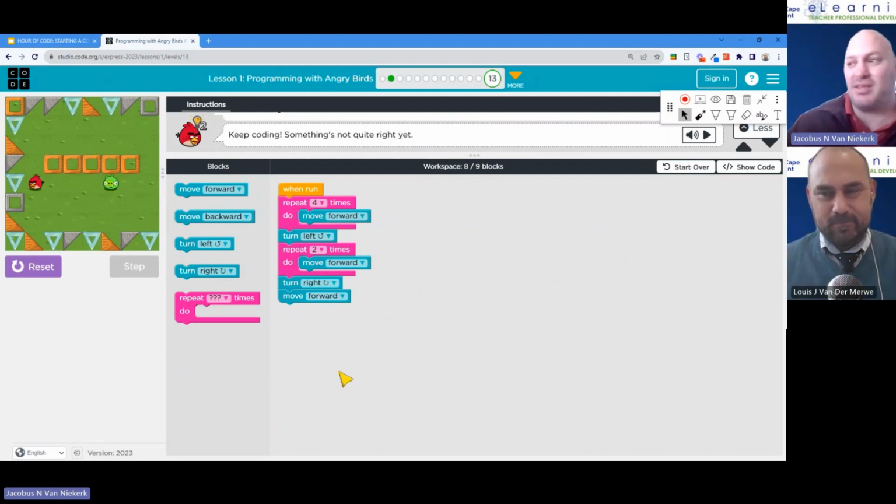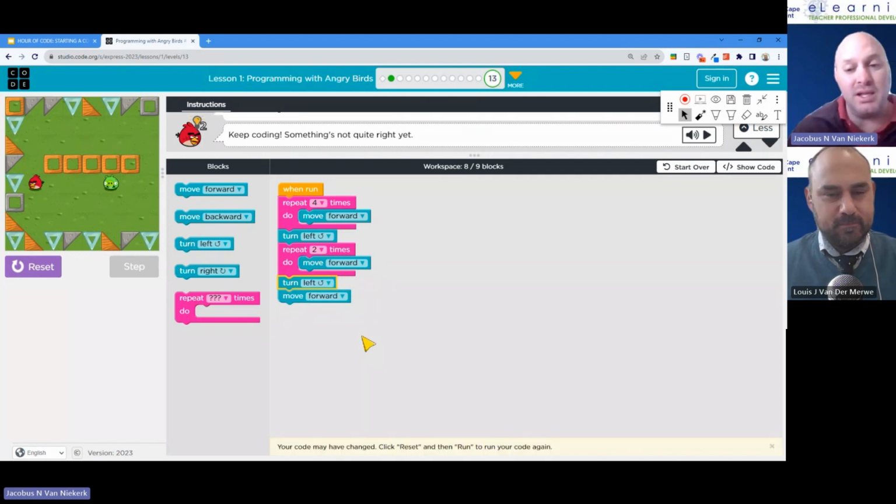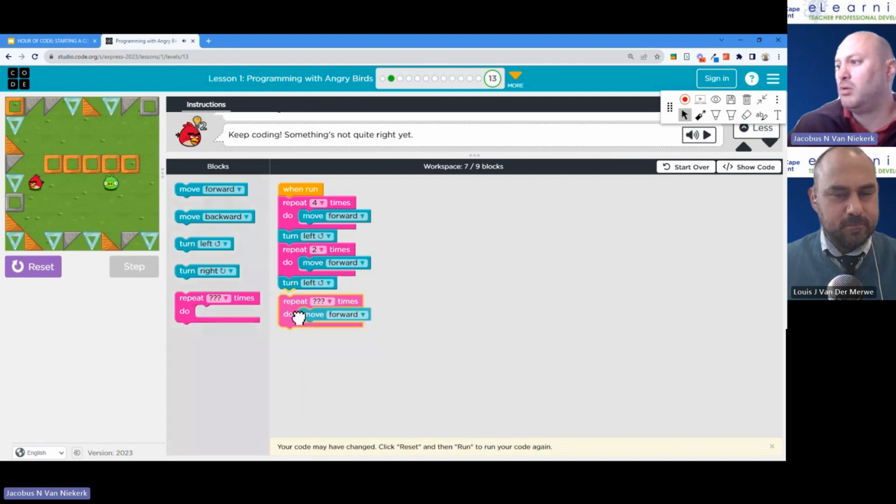Right, so now I can debug this. And okay, wait. It shouldn't be left. It should be left. Immediately, instantly, I know I got the problem wrong. And instantly, I know that I can actually change it. And what can I do to fix this problem? So now I see, okay, I need to turn left. And I actually now want to move forward. How many times? Would be 4 times again.